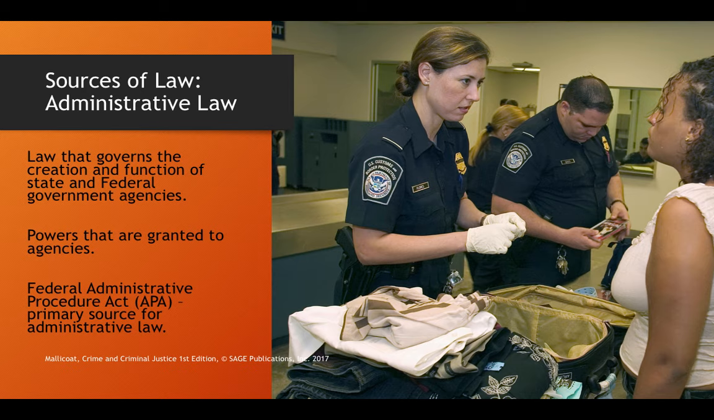Then we have administrative law, and administrative law derives practically from the Federal Administrative Procedure Act, which regulates how government agencies are created and how they function. And it lists the powers that are granted to these agencies. One example I'd like to give for administrative law is, if you're familiar with the 4th Amendment, and if you're not, it's okay because we'll discuss it down the road, is that a police officer needs reasonable suspicion to pull you over, let's say a broken taillight, or you ran a stop sign,